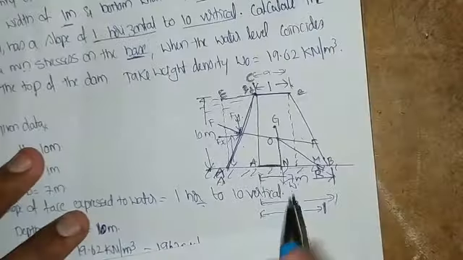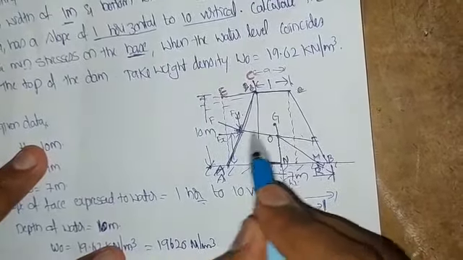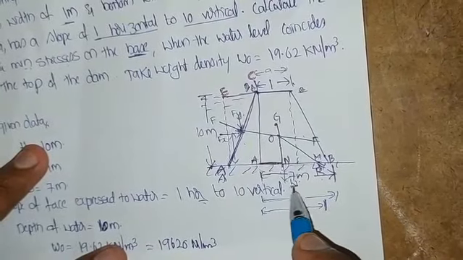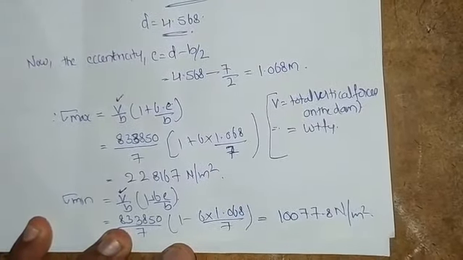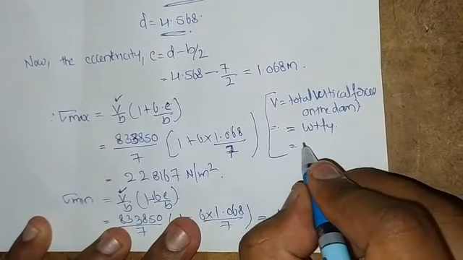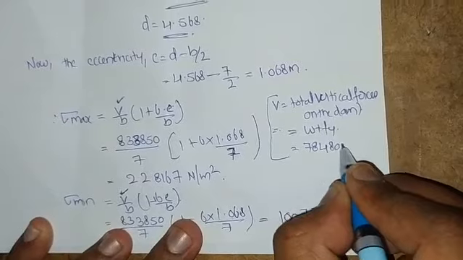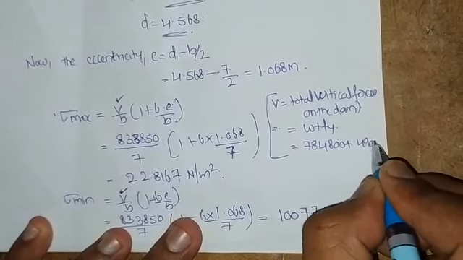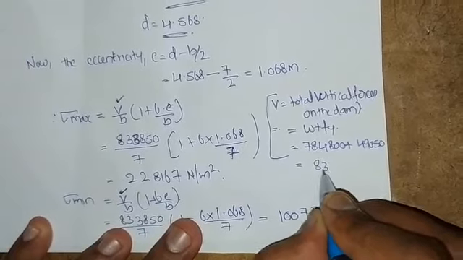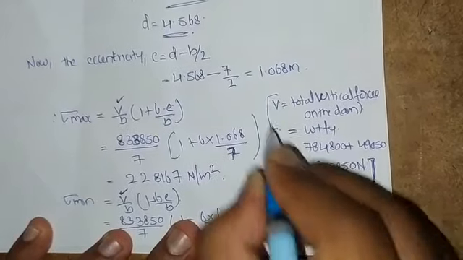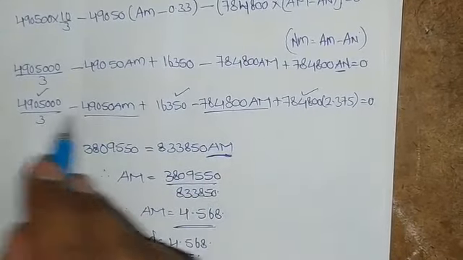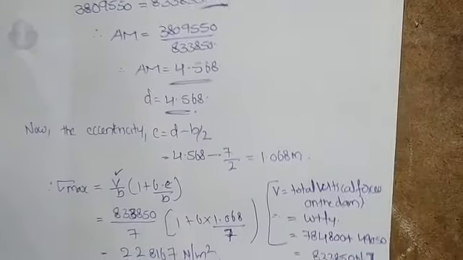The total vertical forces are those acting downward, vertically, as in the figure. Here the vertical forces are W and Fi. Combining W plus Fi, the two vertical forces acting on the dam, we know the W value as 784,800 plus the Fi value of 49050. Combining these gives 833,850 newtons. Like this we can calculate the V value, or either way we can combine these three values to get the V value. So like this we have to solve the problem.